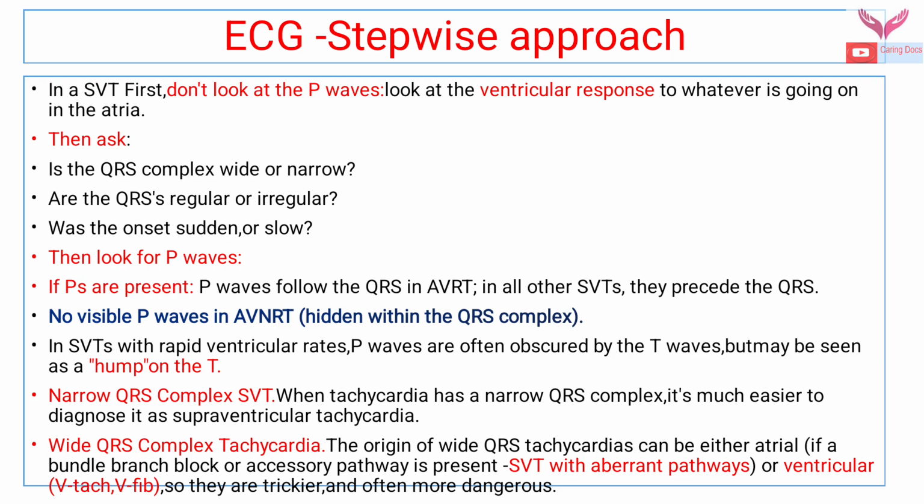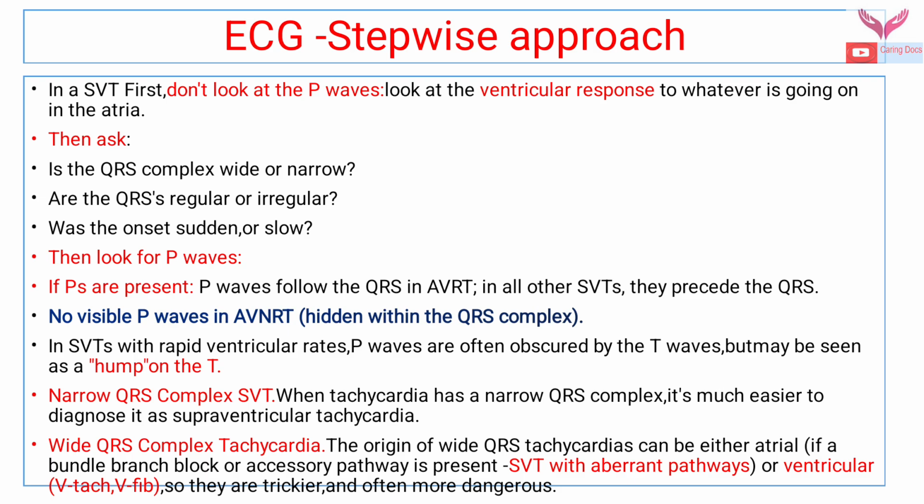They are hidden within the QRS complexes. In SVT with rapid ventricular rate, P waves are often obscured by the T waves but may be seen as a hump on the T wave. In narrow QRS complex SVT, when tachycardia has a narrow QRS complex, it is much easier to diagnose it as